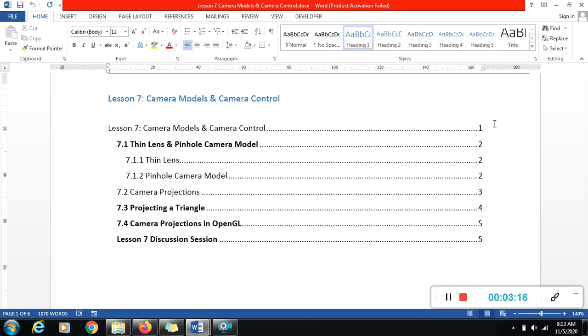I want us to take ourselves inside the animated movie. Take yourself inside Lion King. Take yourself inside Moana. Take yourself inside one of those cartoons that you know about. Ask yourself, this cartoon has not been made using a camera. These objects are not living. It is not that somebody shot a video of those cartoons put somewhere. How comes it has the same effect? There has to be something that is mimicking a camera. And this is the camera we are talking about. This is the camera we are discussing in this lesson 7. It's called a virtual camera.